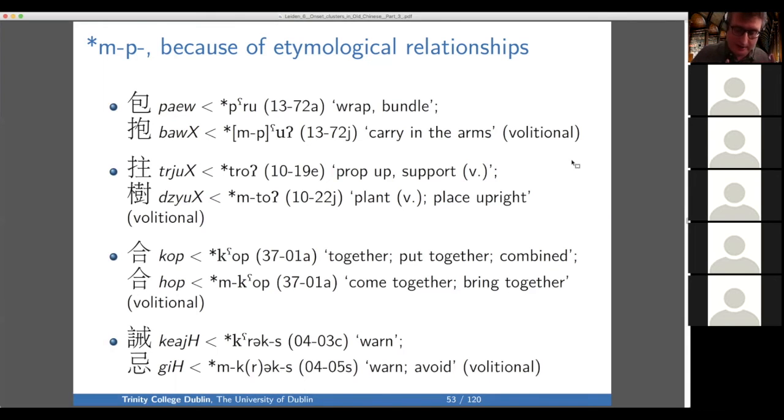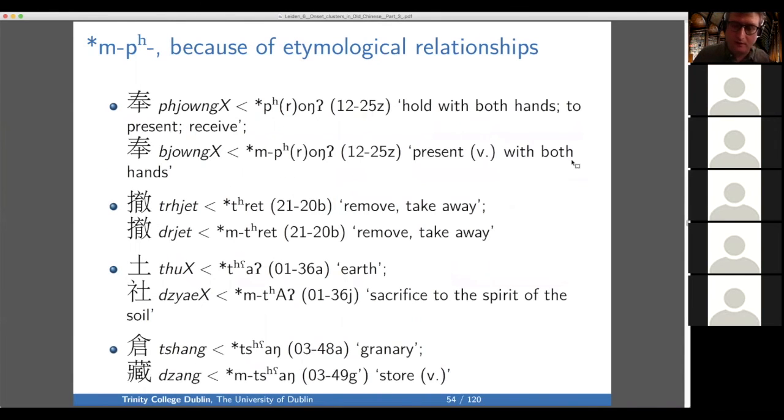But when the voicing is anti-causative in meaning, they reconstruct an N prefix. And when the voicing is volitional in meaning, they reconstruct an M prefix. Now they have reasons for distinguishing that N and that M, but it's just something to be on your toes about. Sometimes in their system, a phonetic difference is motivated entirely on a semantic basis.